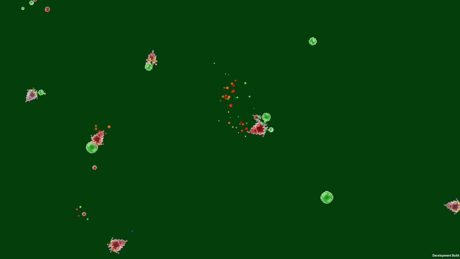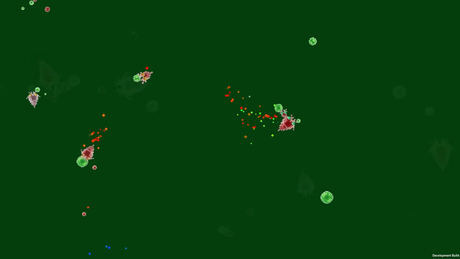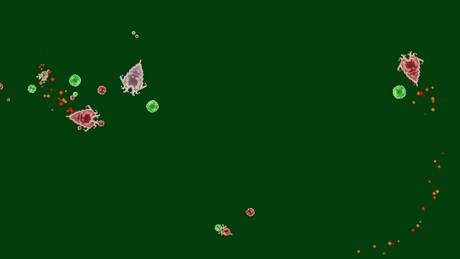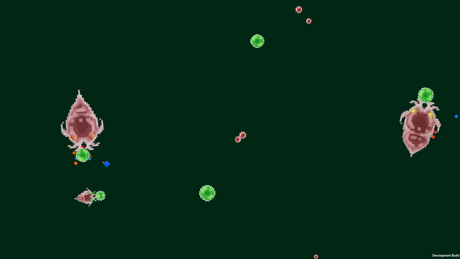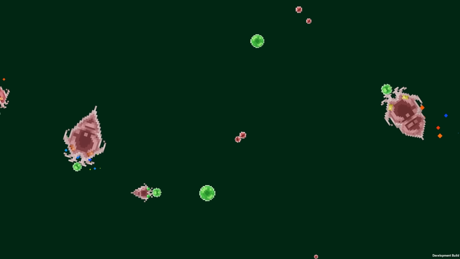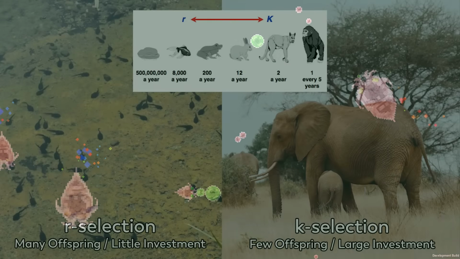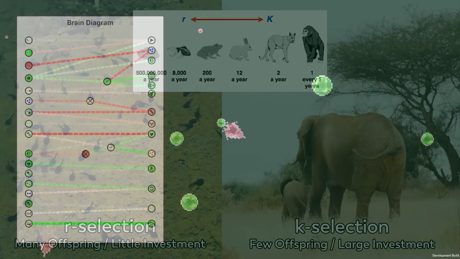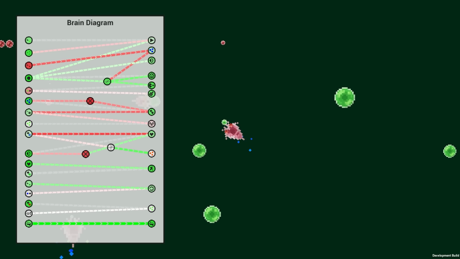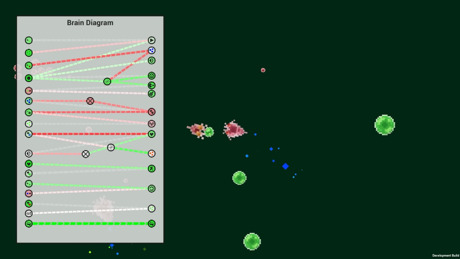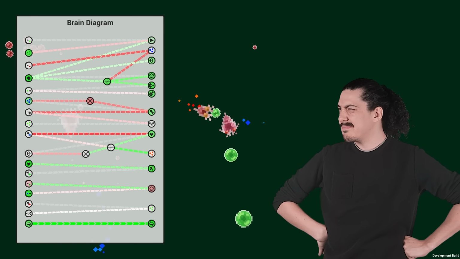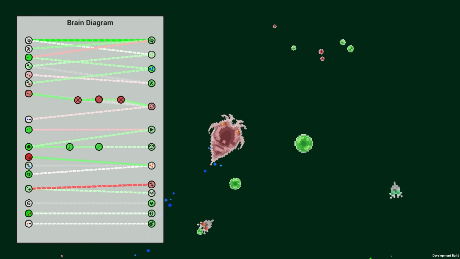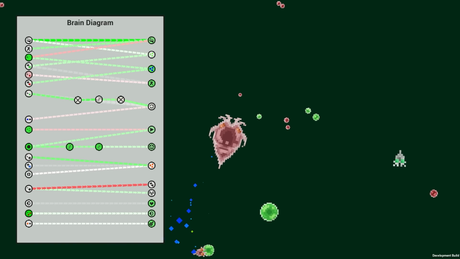Their actual size gene stayed pretty flat, but they started shifting their other genes that impacted their maturity at birth and growth, which produced a similar result. This seemed to be driven by a small pressure toward K selection, the tendency for organisms to invest more time and energy in their young. Their brain also started growing significantly, making them the most intelligent species of the simulation, to the point where it's pretty hard to make sense of anything going on there, helping support the hypothesis that they started investing more energy in their eggs and young.